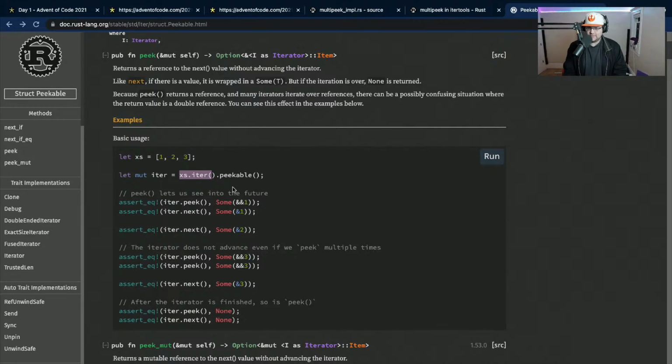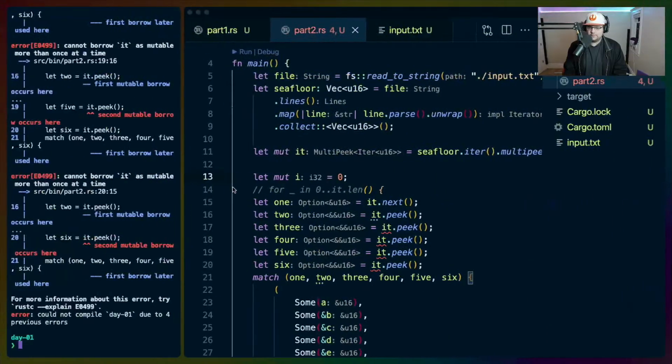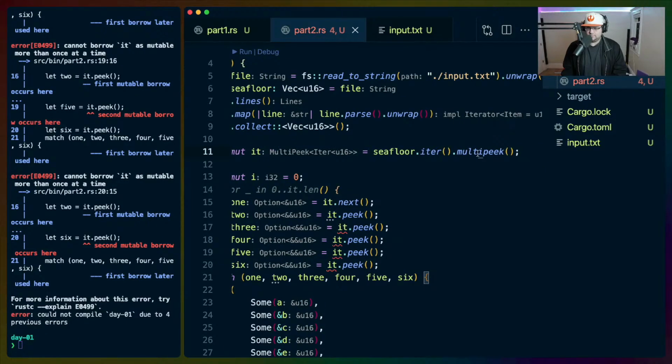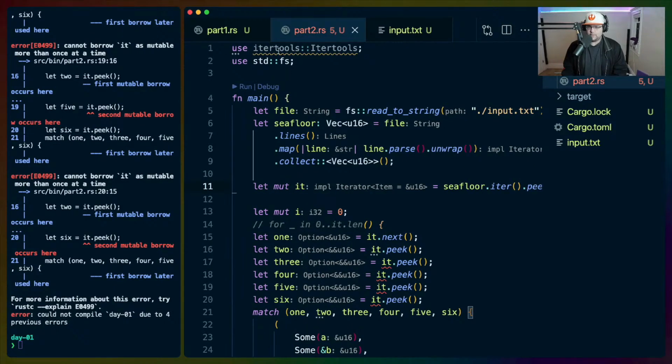What the fuck? We don't actually need itertools, so I'm going to take that off for a second. Wow. What did I do? I did something wrong.